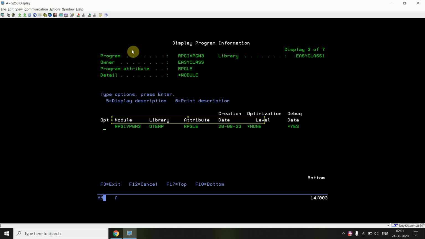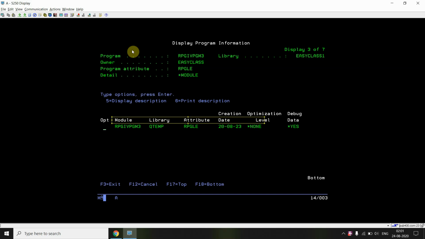But in this case, it is a one-step process. We create it using create bind RPG. There we would use CRTRPGMOD for creating the module, and CRTPGM for creating the program. But here we only use one command, CRTBNDRPG.